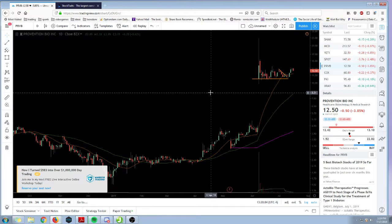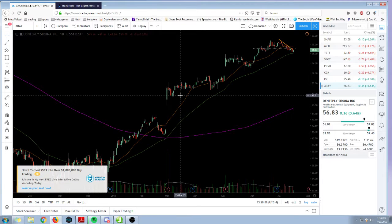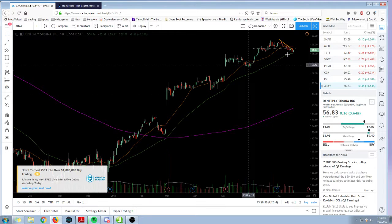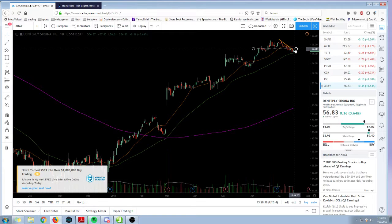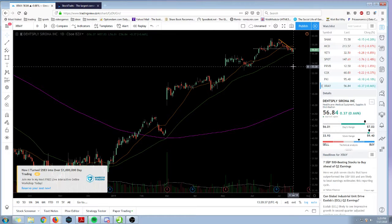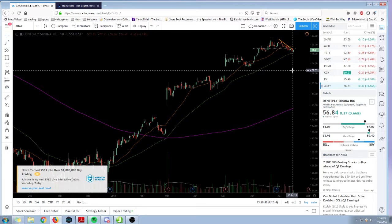Now, one last example I want to point out is a trade that we did not take and why we didn't take it, and that's XRAY. This was a trade I posted on Monday as a possible trade, but what we were looking for was a move back above 57, and that did not occur. At least not a sustained move that gave us an entry signal, and because of that, we ended up having to hold off on that trade. So this trade is an example of why you need to have a trigger point before you go ahead and enter a trade. There was a couple of...